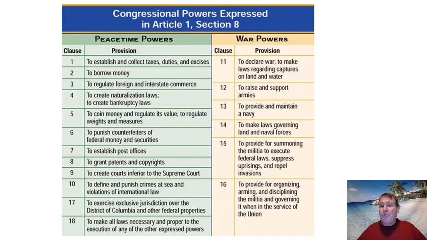Well, mail trucks. But nowhere in the Constitution does it say that Congress can buy trucks to take the mail from the post office to your house. But clause number 18 gives them that right. Because basically, in order to create the post office, you need to do all those other things to make the post office work. So it's called the necessary and proper clause, and it really gives Congress a lot of authority. Just like regulating foreign trade and interstate trade gives Congress a lot of authority over a lot of stuff.